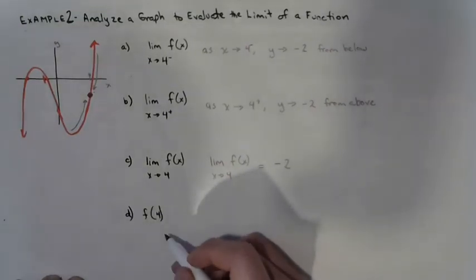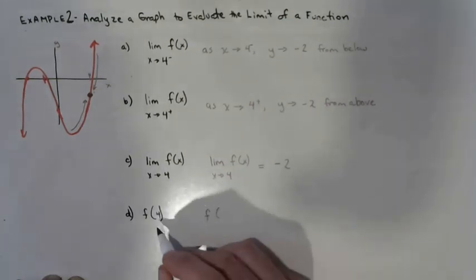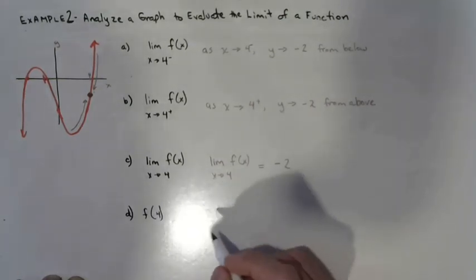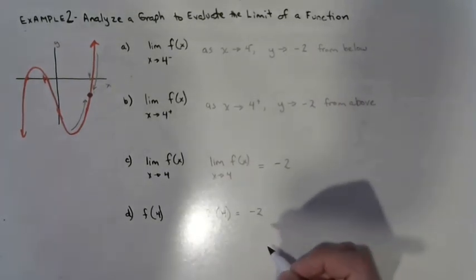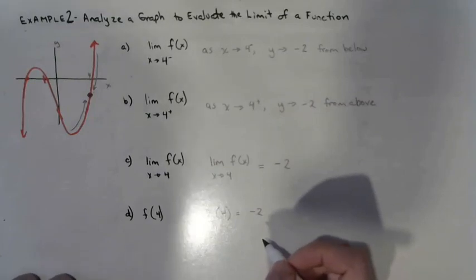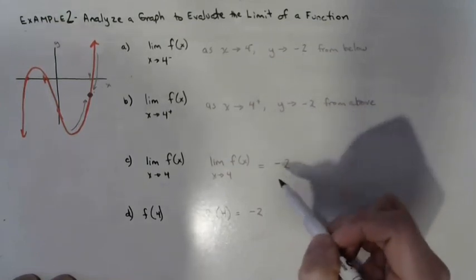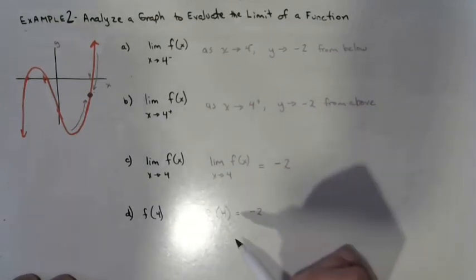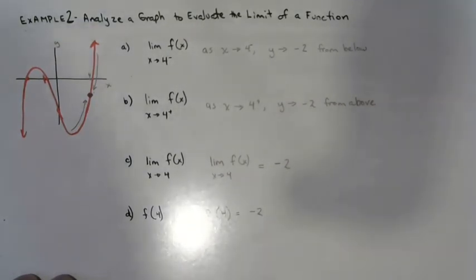And just by looking at the graph, we don't know the equation. The value of f of x when x is 4 is -2. So in this case, we're just seeing from the graph that if we didn't have a graph, but we had the equation, and we could find the limit from the left and the limit from the right, and they converge, then we can also know the value of that function at that point, okay?